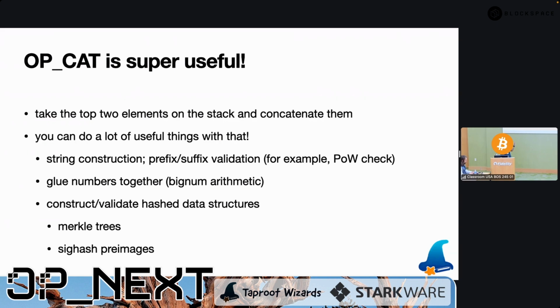You've heard about this a couple times already. Very simple opcode. You take two elements on the stack, you stick them together on top of the stack. There's a whole song about it. And you can do lots of useful things with that. AJ Towns has a POW checker faucet on Signet. You can do bignum arithmetic by gluing numbers together. And the thing that a lot of people are really excited about with CAT is that you can construct or validate hash data structures. So Merkle trees, which some people have been exploring for things like Stark verifiers, but you can